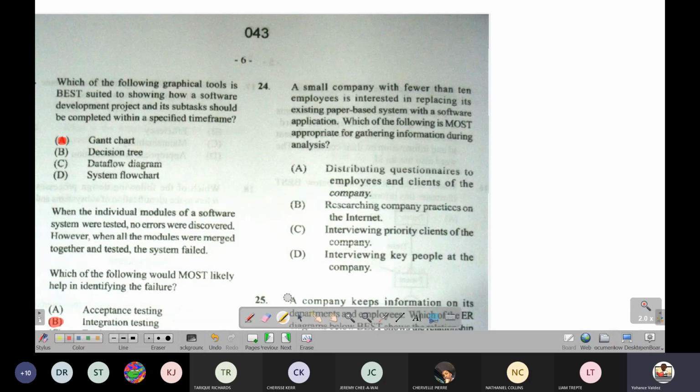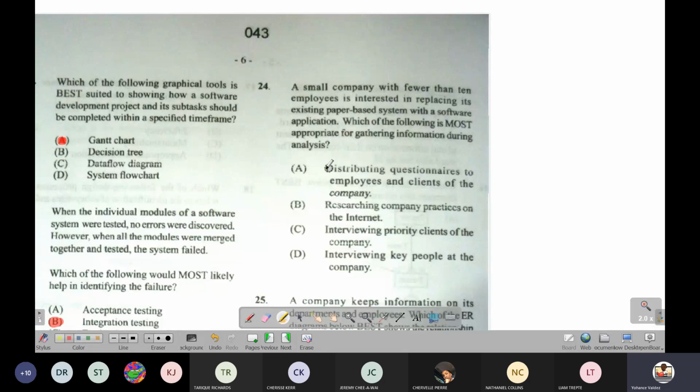You hit it. All right, so a small company with fewer than 10 employees is interested in replacing its existing paper-based system with a software application. Which of the following is most appropriate for gathering information during analysis? Now we have fewer than 10 employees. Okay. Existing paper-based system with a software application. So in terms of gathering information during analysis,